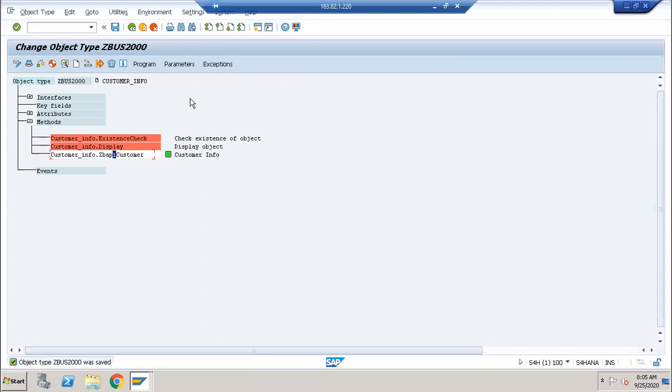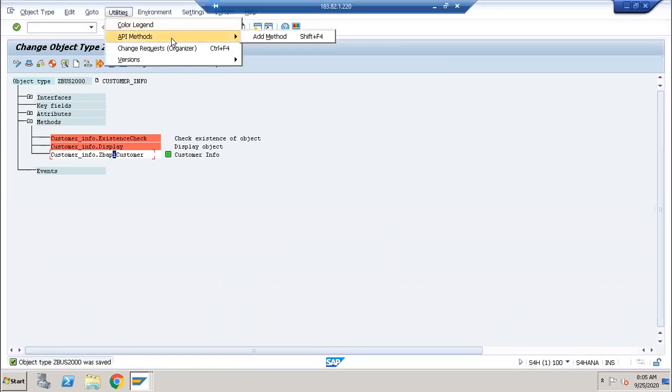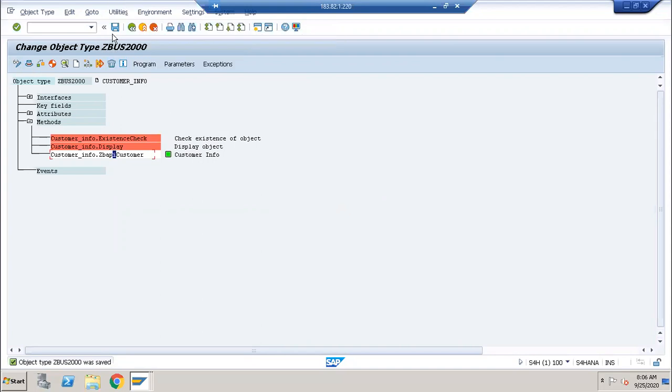It showed me this screen. In this screen, I clicked on methods, then utilities, API method and add method. In this one, I have given the function module name, and clicked on next and OK button. It came like this. Fine. Now I am clicking on save button.